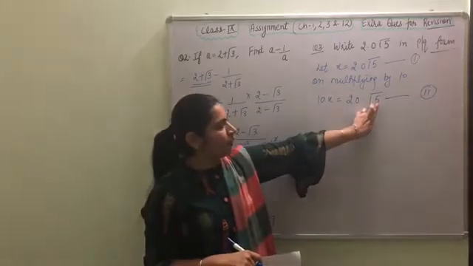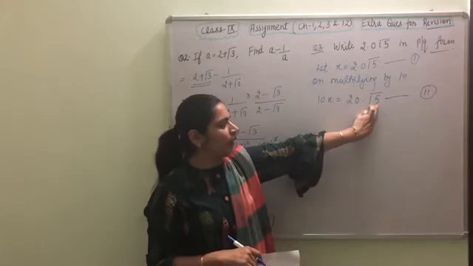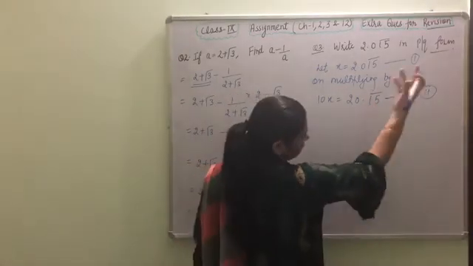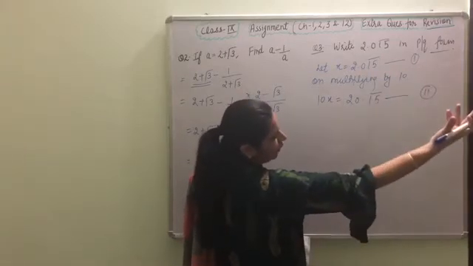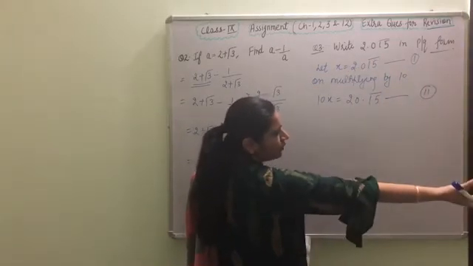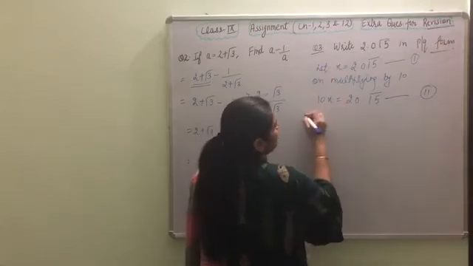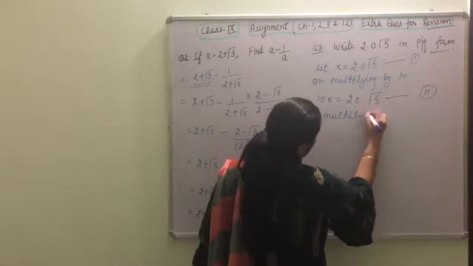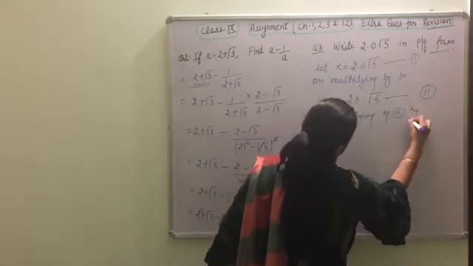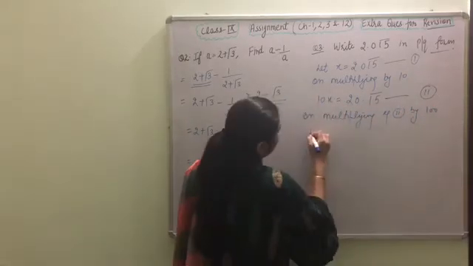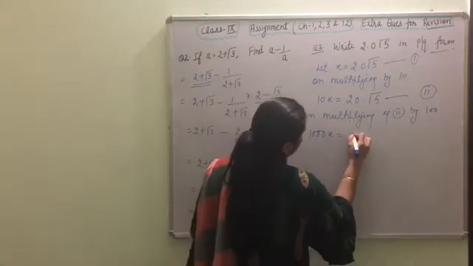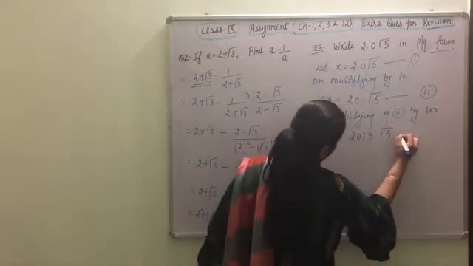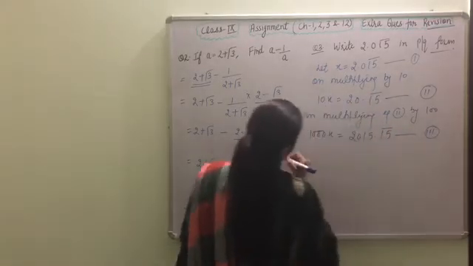Look here. The bar is on 2 digits, so we'll further multiply by 100. Because we want to find the value of x, we'll do the solution according to the requirement. On multiplying equation 2 by 100, it becomes 1000x equals 2015.15 bar. Now on subtracting